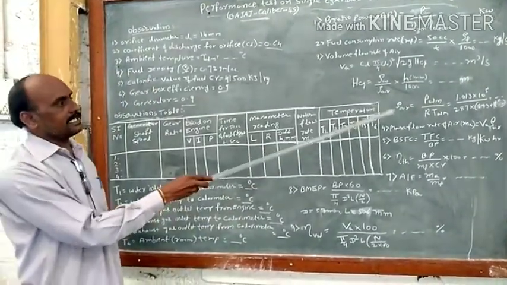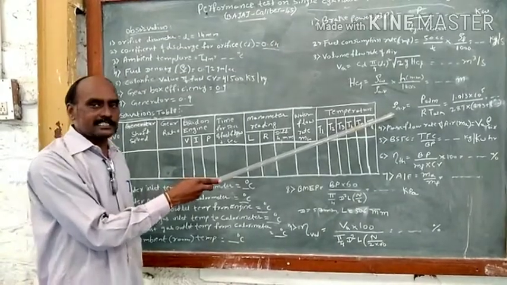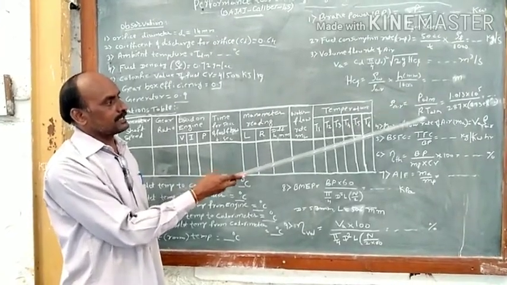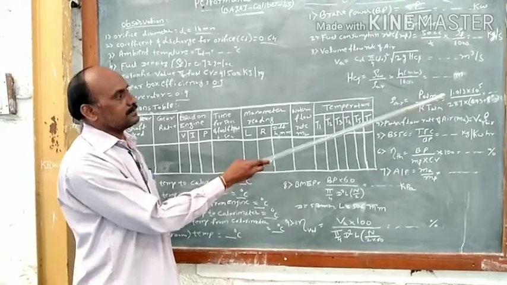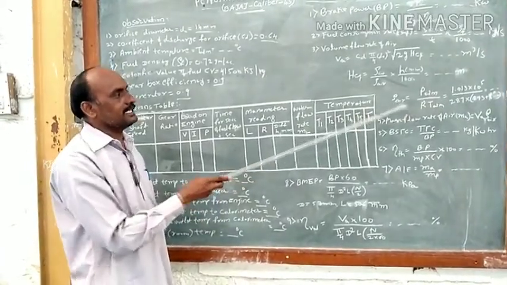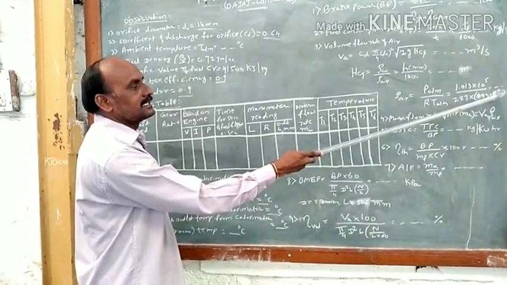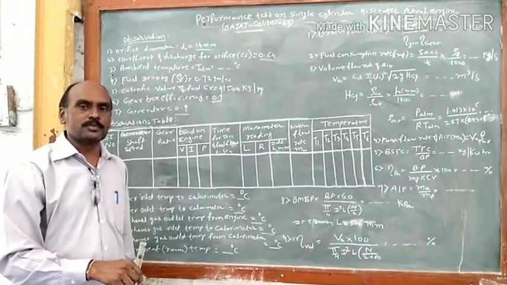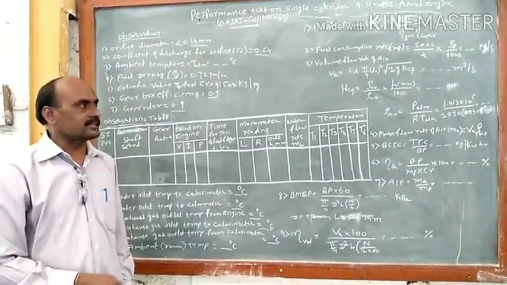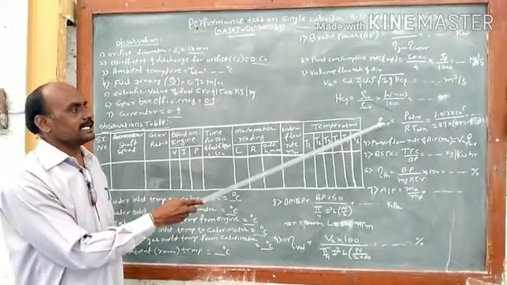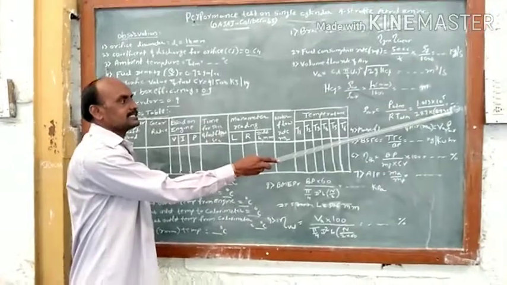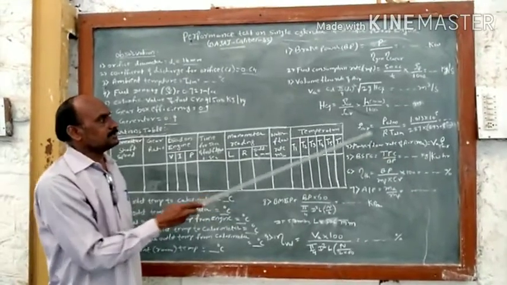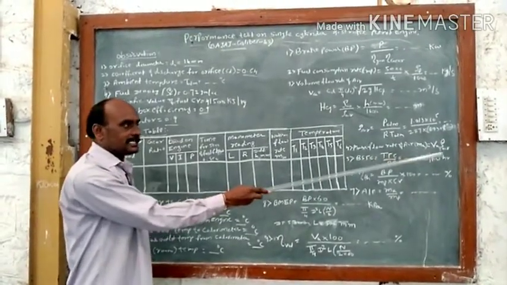We are also calculating the air density, and the air density changes with the temperature, so we are using the equation P atmosphere divided by R T atmosphere. By substituting the values, you can get the density of the air at a given room temperature or ambient temperature. The ambient temperature may change depending upon the season, from 25 degrees to 40 or even 45 degrees Celsius. So density of air will be calculated at the time of the experiment based on the ambient temperature. And we can calculate the mass flow rate of the air by using this volume flow rate and the density.